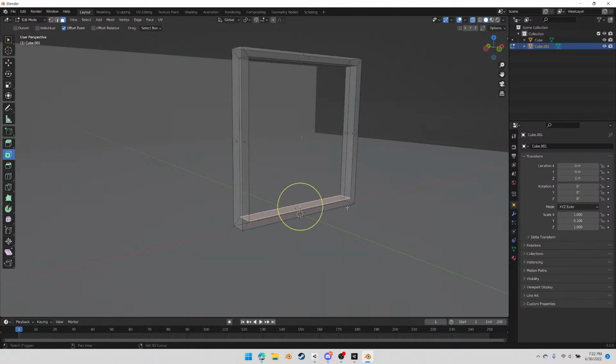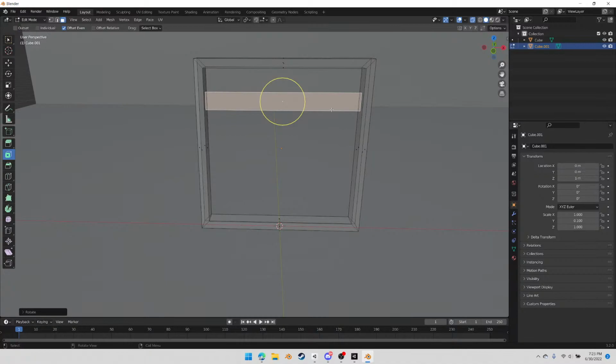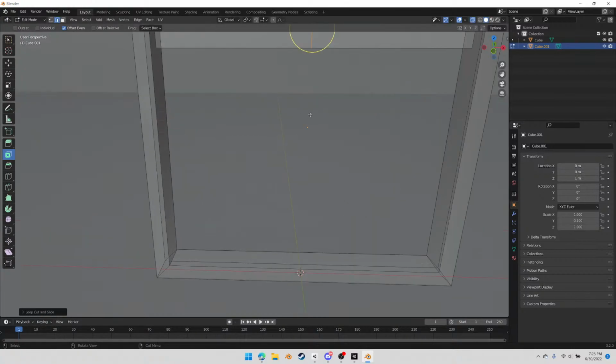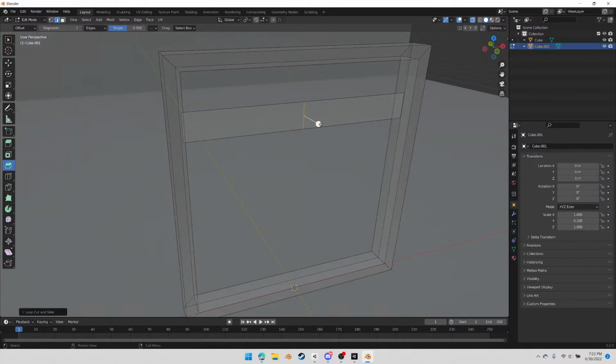And I'm going to Shift D, duplicate that one. Rotate that around here. Then we want to bevel that. So we have that sort of